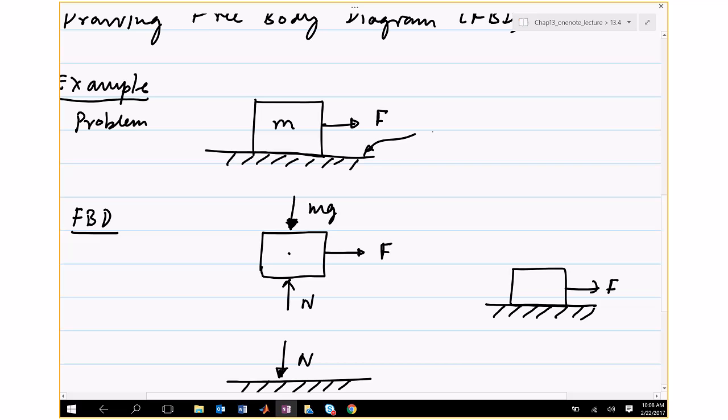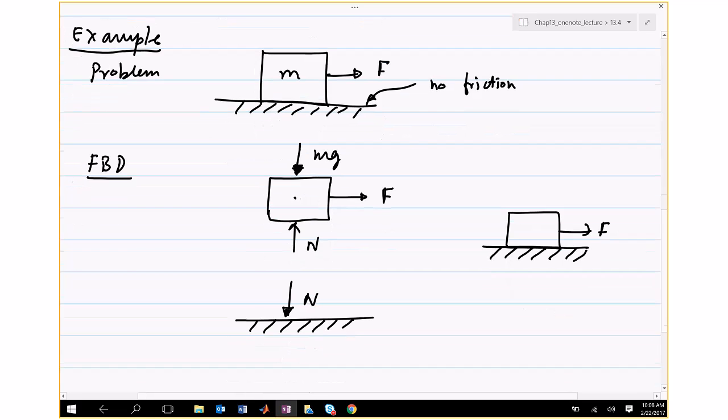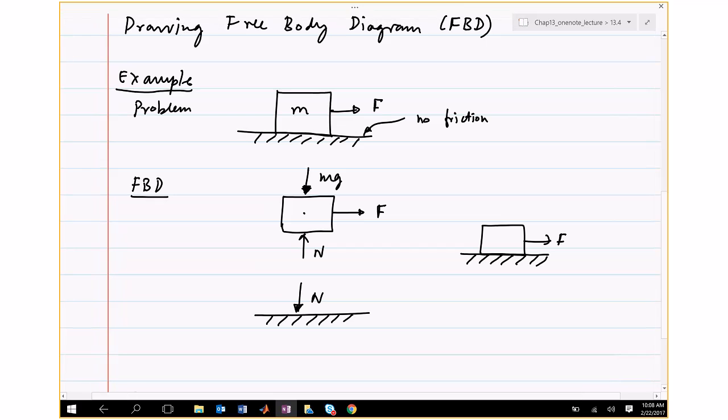Good point. No friction. So if you're not told about friction, just assume it's 0. It makes your life simple. So FBD for M, FBD for ground, and